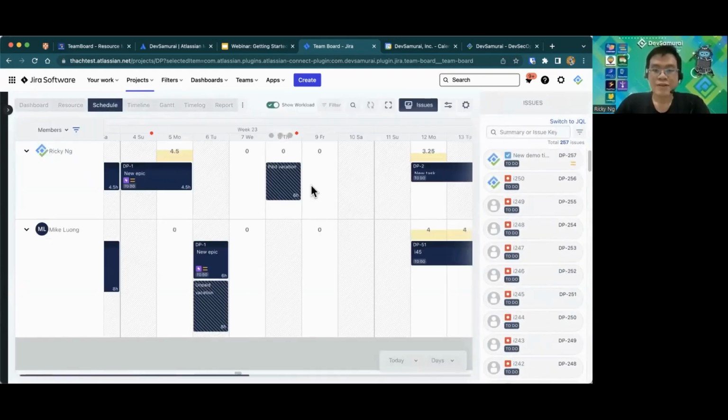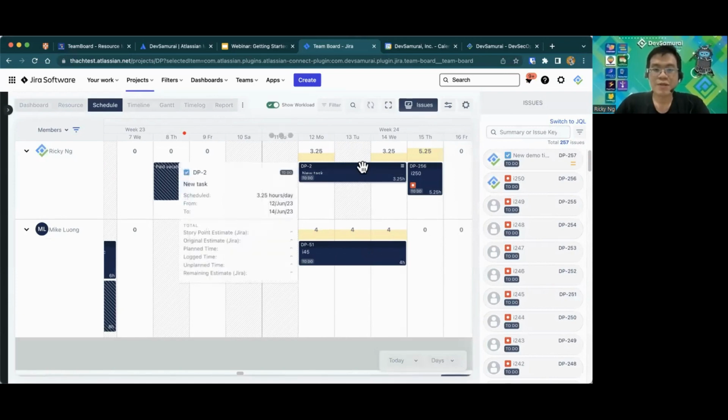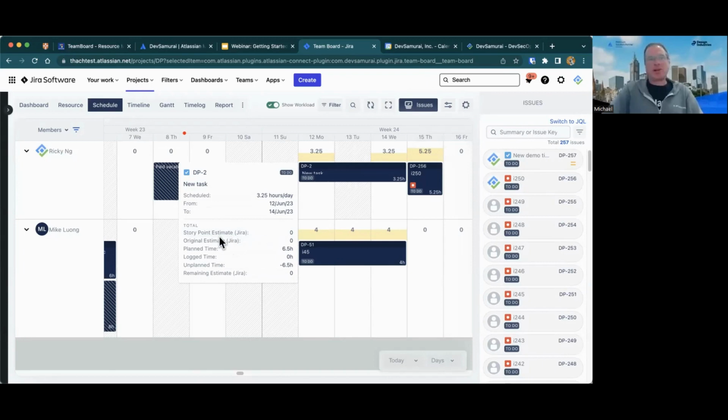Yeah, so you can view that information on the tooltip here, the plan time or the log time. For the other information, like story estimate or story point estimate, original estimate, you have to add a time tracking field from Jira into the screen. So currently, I'll